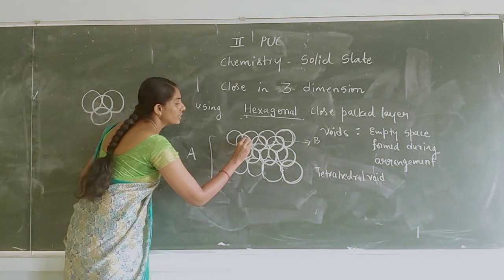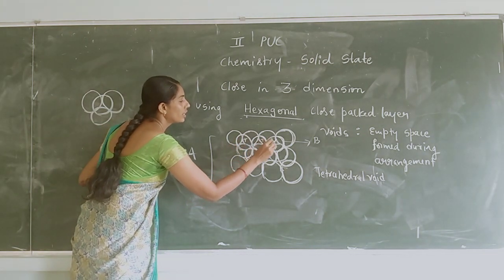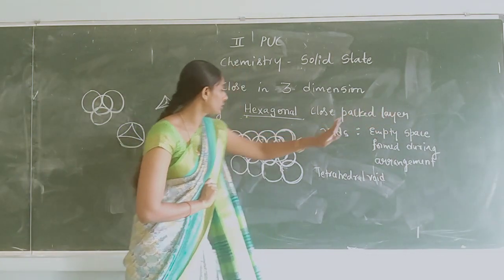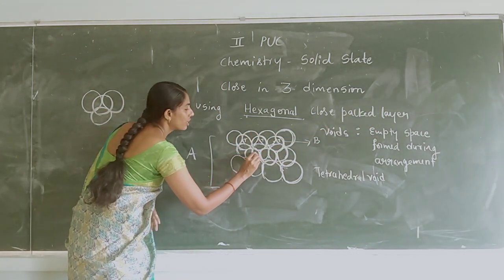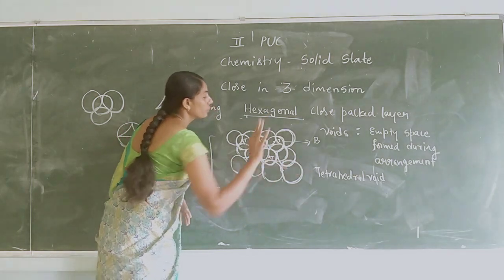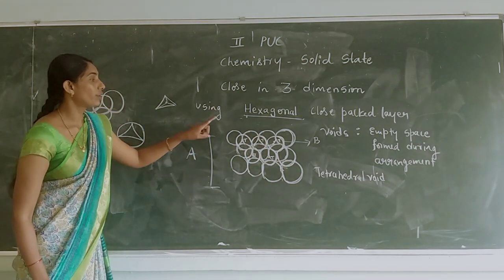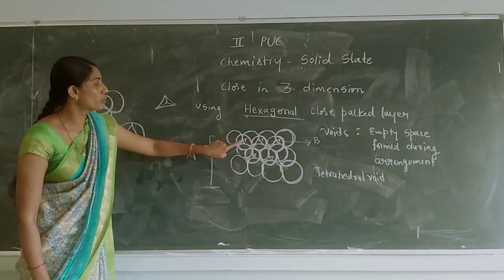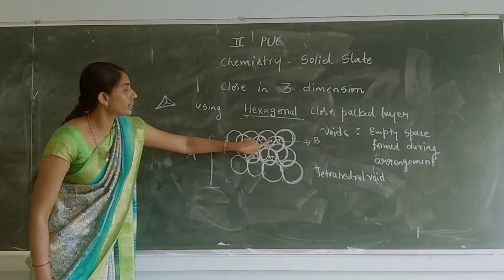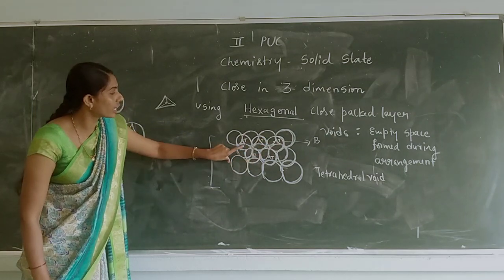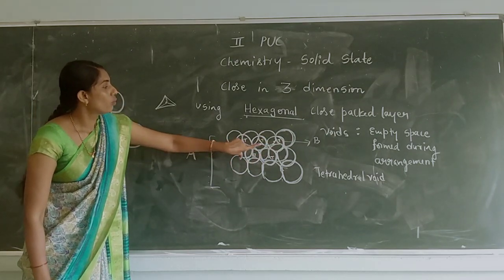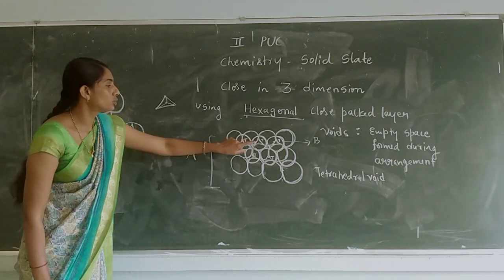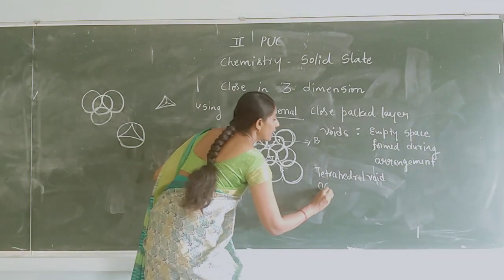I will note it as T. Okay, it is a tetrahedral. So tetrahedral voids continue in one layer. During the formation of a tetrahedral void, one more void is also generated. So you can see here, as tetrahedral voids form in one layer, in the middle one more type of void forms, which is usually called an octahedral void.